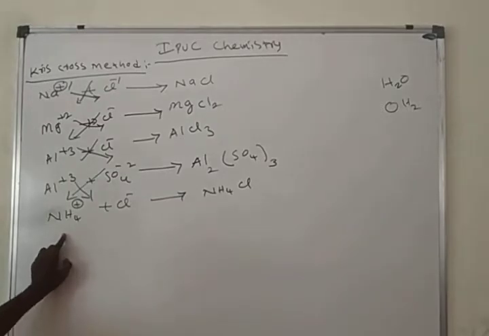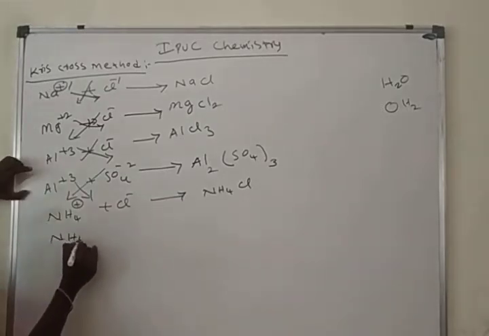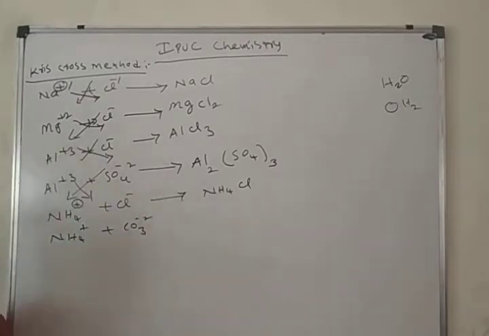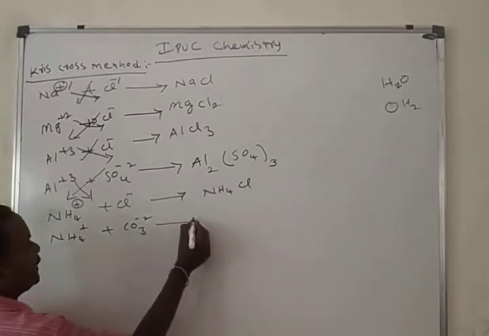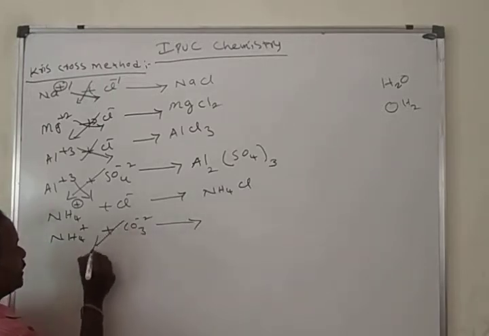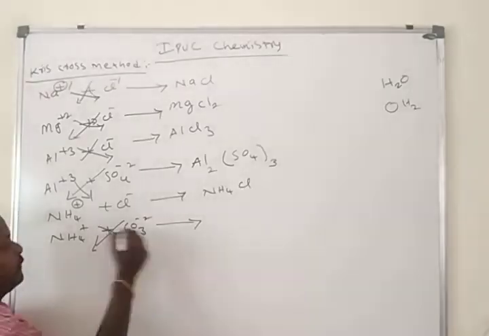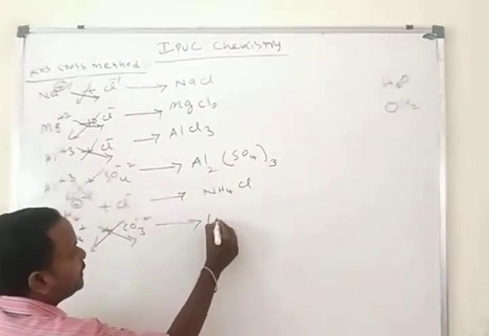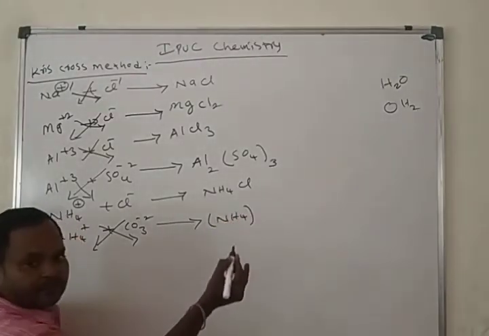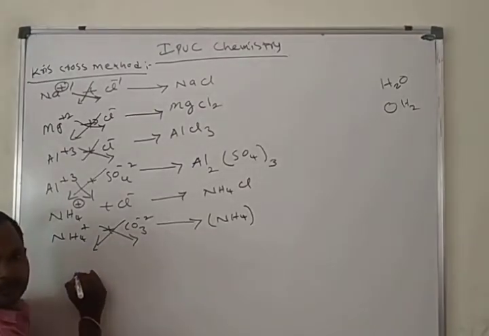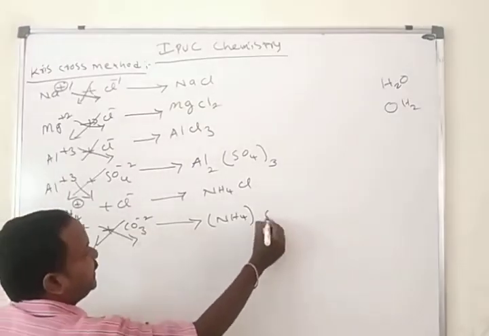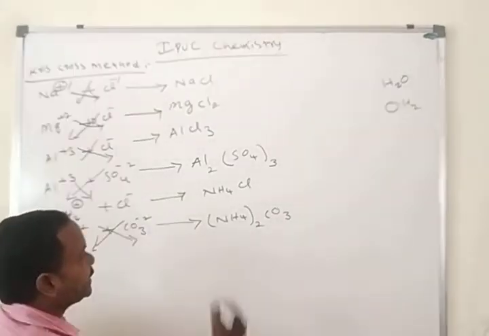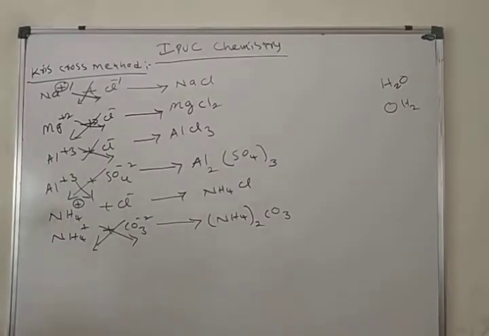in brackets. Okay, here I will give one more example. NH4 plus, CO3 minus 2. Okay, what happened here? Here 2, here 1. 1 means don't write in bracket. 2 means it should be written in brackets. Okay, this is the molecular ion NH4 plus. Write in bracket. Here which? 2. And here CO3. Ammonium carbonate.